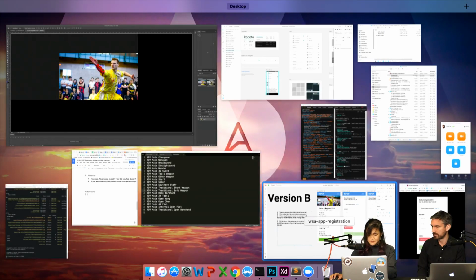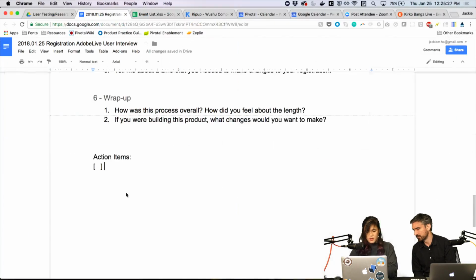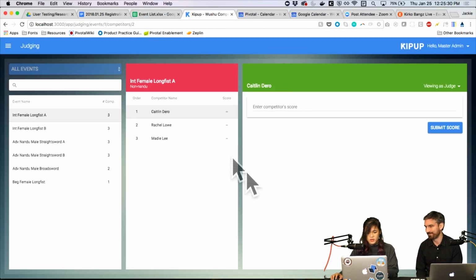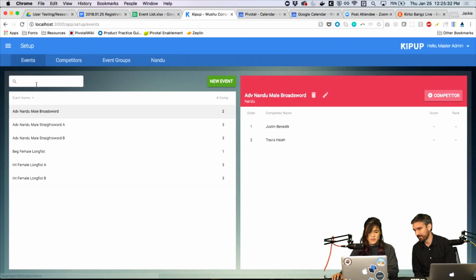If we look at how that currently looks in Kipup, here, switching back to the app itself, which I'm running locally on my machine, so unfortunately no one can look at this besides me right now.